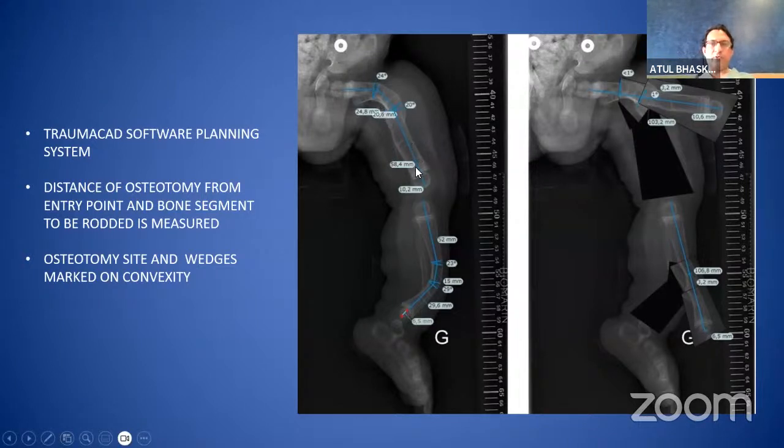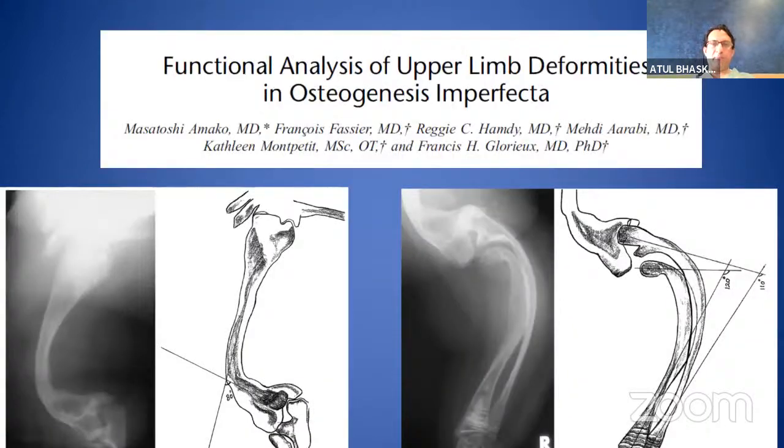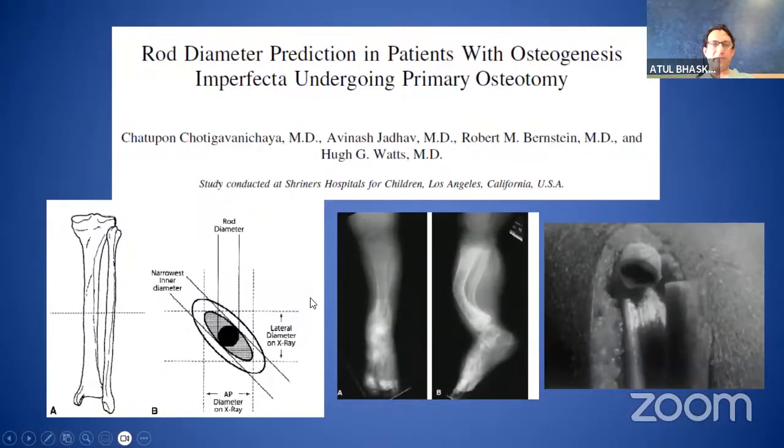So once you have this plan in place, at least you know what segments and what distance you would be doing your osteotomy. Similarly, for the upper limb, you can plan the osteotomy. For the humerus, again, you use the same CORA principle. And if there are multiple apices, the CORA will be outside the bone. I'll show you that in one example. Again, it's important to know the diameter of the bone.